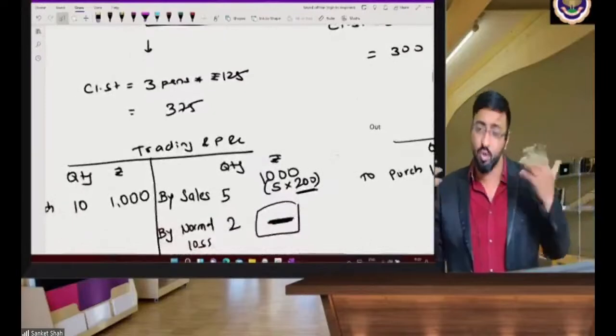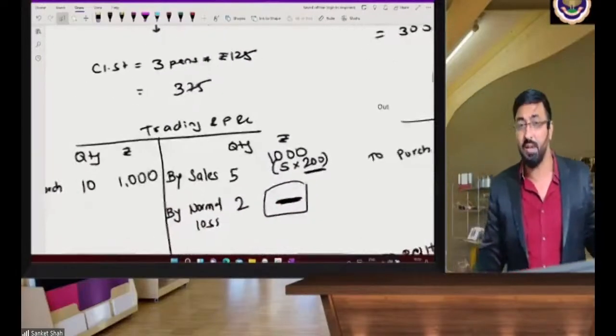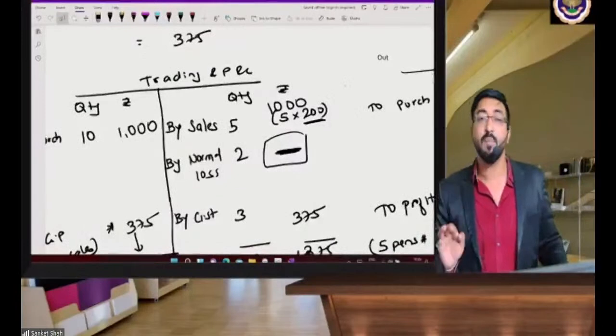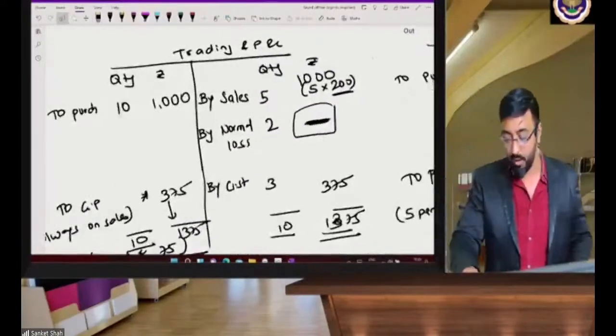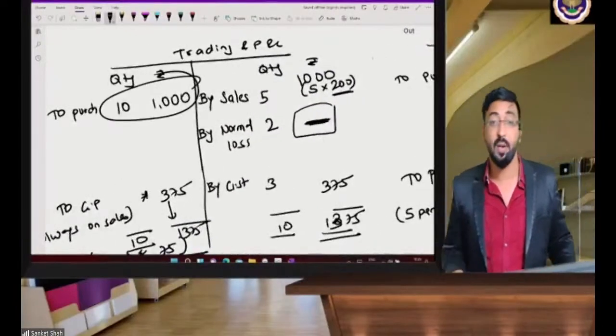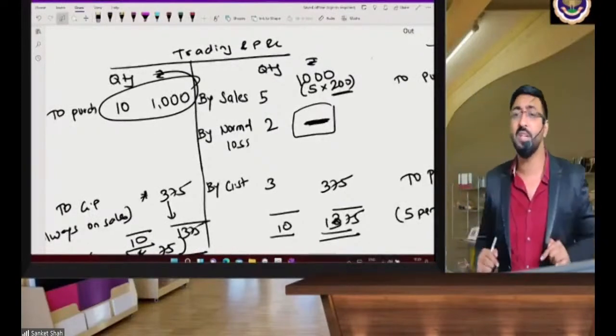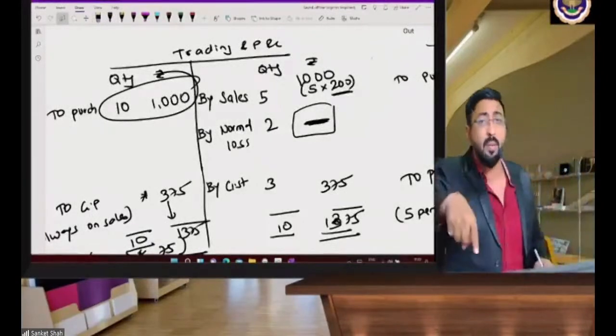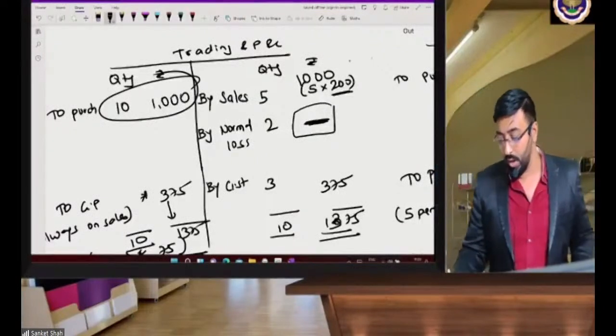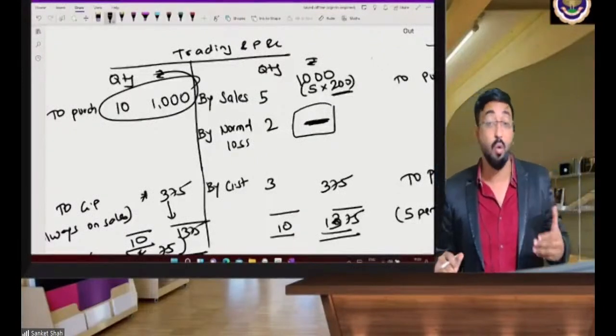अभी आपका ट्रेडिंग एंड P&L अकाउंट कैसे दिखेगा, तो बेटा मैंने एज्यूम किया कि मैंने 5 पेन्स बेच दिए। एक चीज आपको हमेशा याद रखनी है कि परचेसेस में यहाँ पे तो कोई डिफरेंस नहीं है, यहाँ पे 10 पेन्स 1000 रुपए में खरीदूंगा, पर यहाँ पे मैं जब 5 पेन्स बेचने के लिए गया तो 200 रुपए में मैंने एक पेन बेचा, तो 5 पेन्स इंटू 200 रुपया, तो मुझे 1000 रुपया मिला।